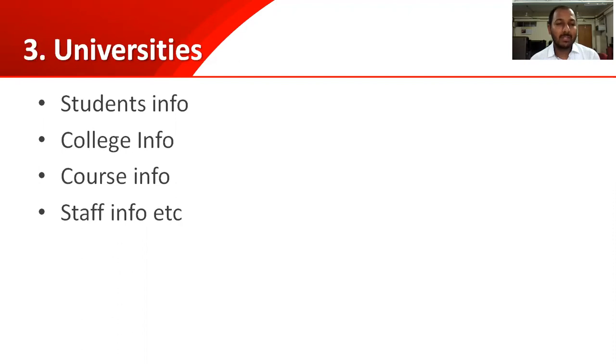So staff information, if we think about the staff information, staff that may be teaching, that may be non-teaching, that may be anyone who is associated with university, the information must be maintained by the university, isn't it? Without this information, university will be helpless. Later on, if any problem arises, who is the responsible person to check for that? That staff information is going to be very much important and critical for the universities. Not only staff, but course info, college info, student info, everything is very much important if we consider different universities.